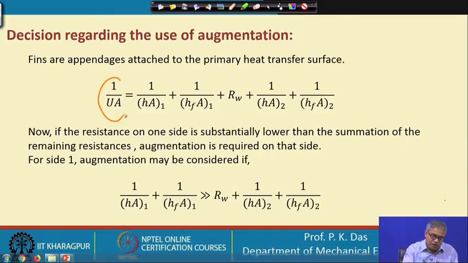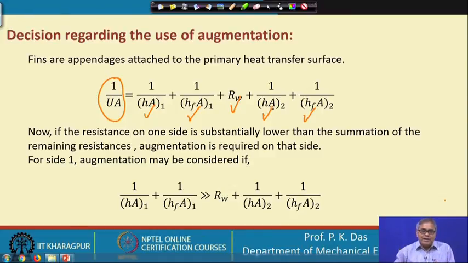So, bringing in the overall heat transfer coefficient and area, we have got 5 resistances. The convective heat transfer on the fluid 1 side, this is 1. The fouling resistance on the fluid 1 side, I have put it in the form of a convective heat transfer coefficient. The resistance in the solid wall, this is another. Then the fouling on the fluid 2 side, that is another, and then resistance in fluid 2, that is another. So, in most cases we will have these 5 resistances.